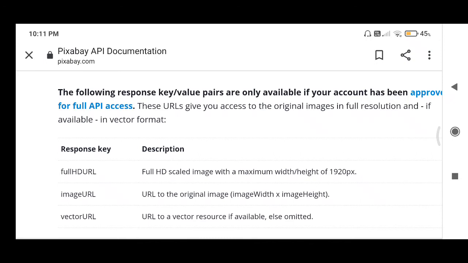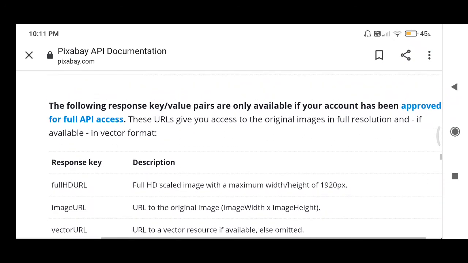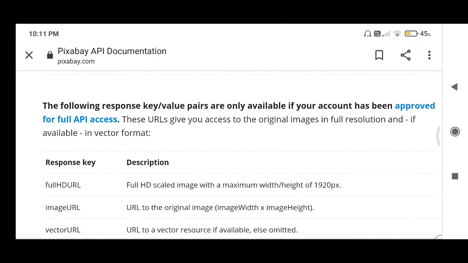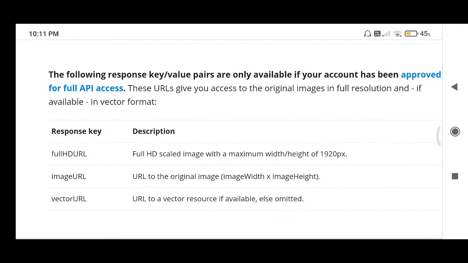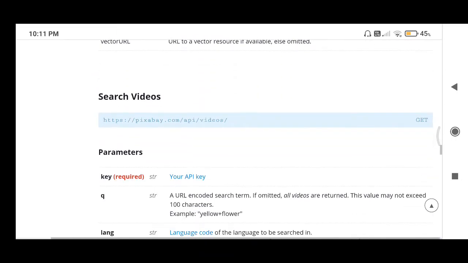We cannot use the full HD URL, image URL and vector URL, because the following response parameters will not be available if your account has not been approved for full API access. This URL gives high resolution, so we will try to apply for fully approved API also.